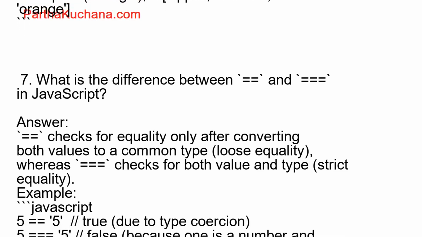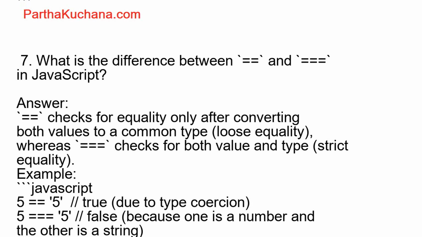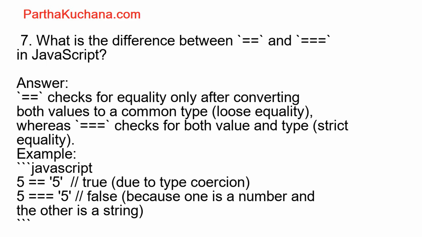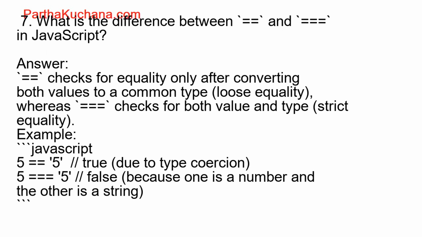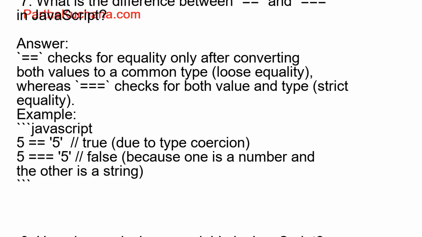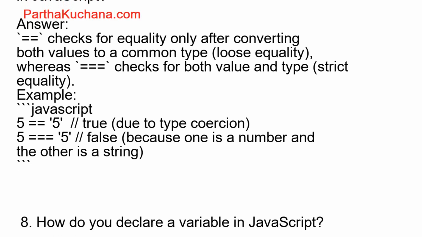8. How do you declare a variable in JavaScript? Answer. Variables can be declared using var, let, or const. Example, JavaScript: let name = "John";